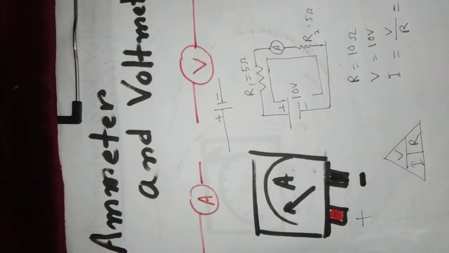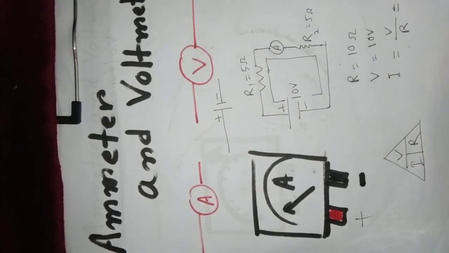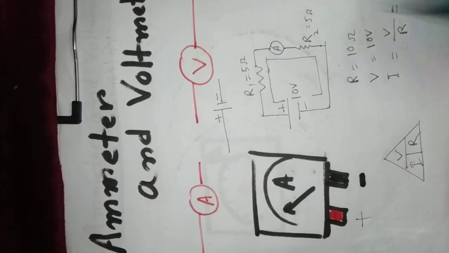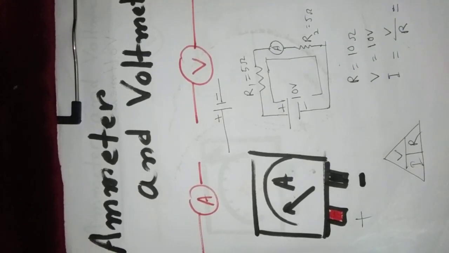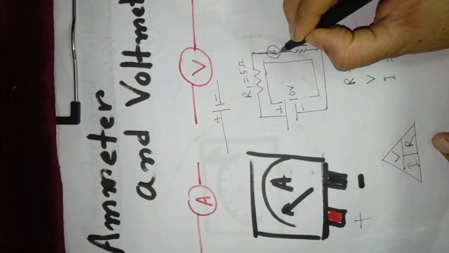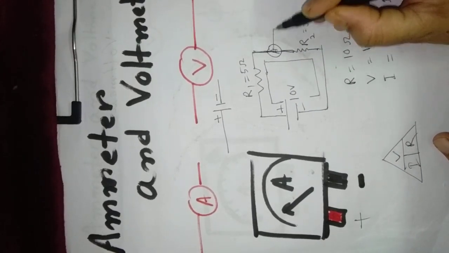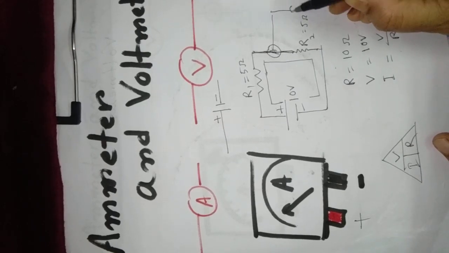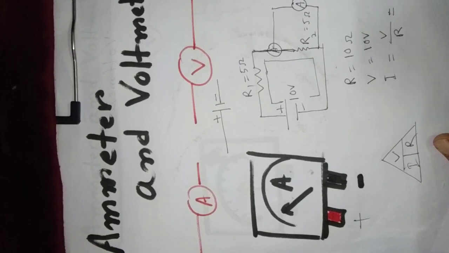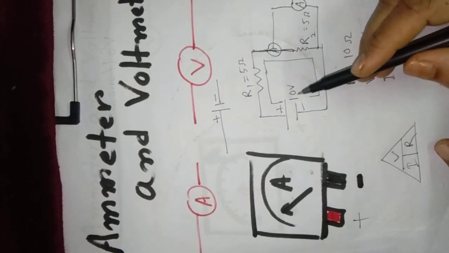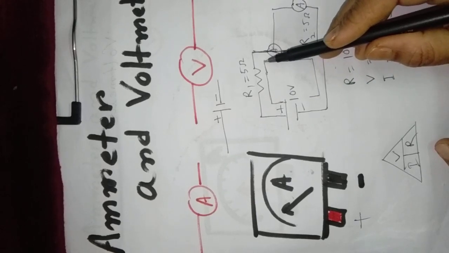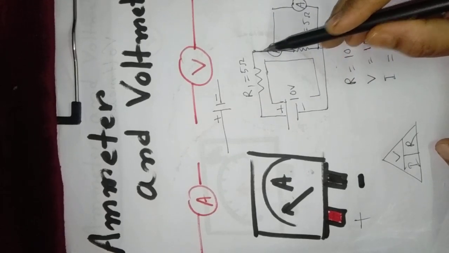The question which can arise in your mind is, I have told you, why is the emitter not connected in parallel connection? What would happen if I connect it in parallel connection? Let's see. If the emitter is connected in parallel connection, suppose I connect the emitter in parallel connection here, then what will happen? The current that is supplied by the battery or the cell will